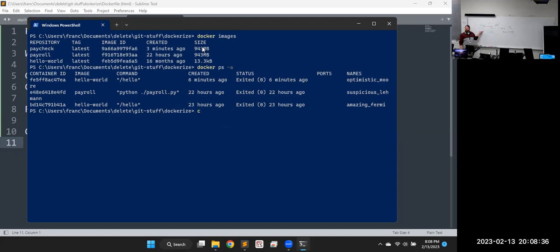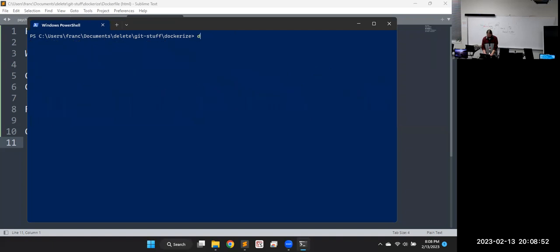Okay. Has anybody worked with virtual machines before? We download that ISO file, we download an image of an operating system and then load that in the virtual machine. So that's what we created. That's what we just built. We built an image of a virtual machine, and now to run it, we do docker